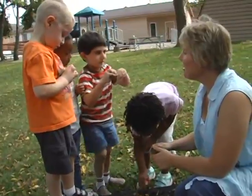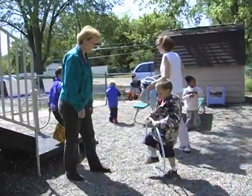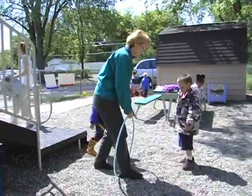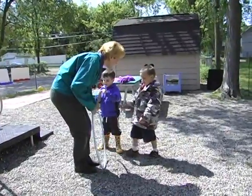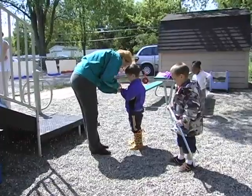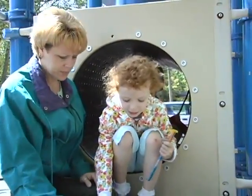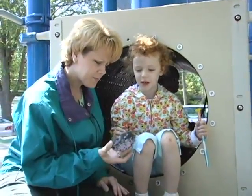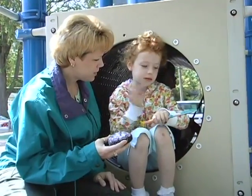How much did you open yours? Oh, there's a little black part inside. You stepped in and flipped it around. Children make choices about materials and how to use them, and they initiate activities that grow out of their individual interests. I found this. I stepped on it last time, and then it was right on the ground, and I picked it up. I remember, and then I found this little...